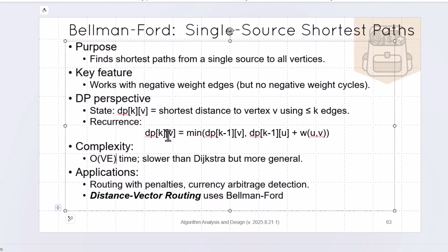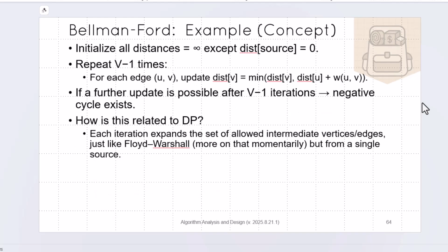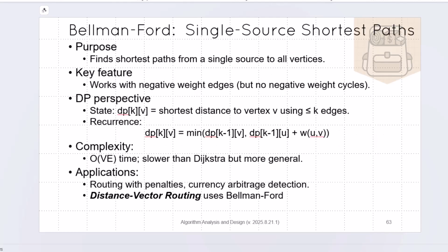Complexity would be the big O of V times E, slower than Dijkstra, but more general. Applications: routing with penalties, currency arbitrage detection. Distance vector routing uses Bellman-Ford. Okay, so if you're coming from a network background or you're interested in networking algorithms, distance vector routing uses